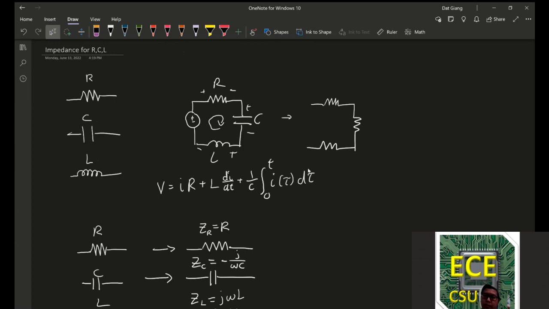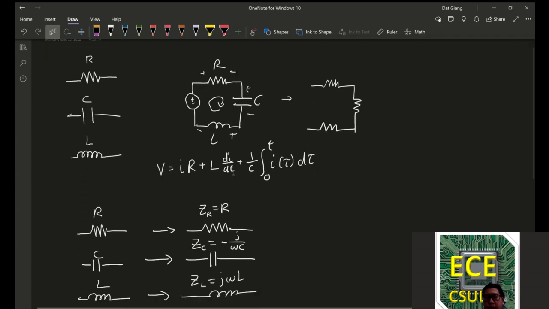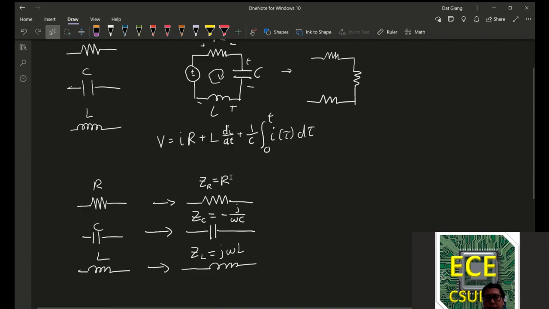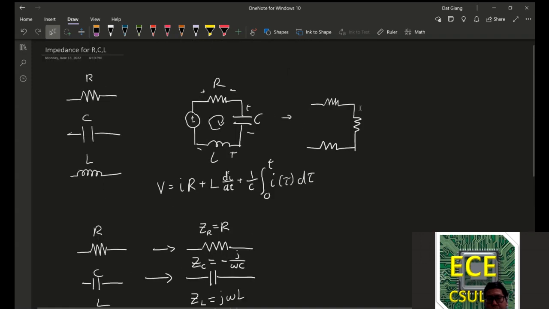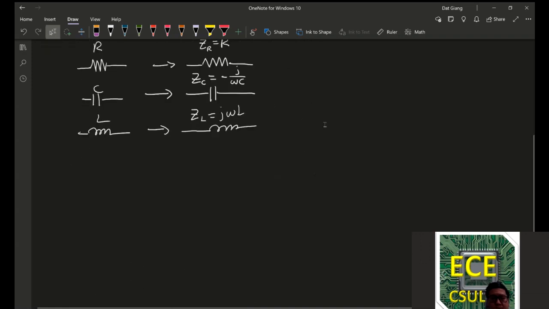But by converting them into impedance under the assumption that we're looking at an alternating signal, later on we'll talk about phasors, and we will talk about how impedance plays a role in AC analysis. But for now, these are the formulas. And by connecting them in series like this, we can form the total impedance,